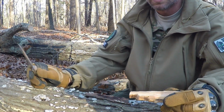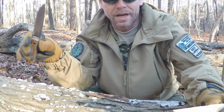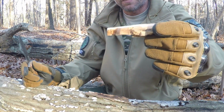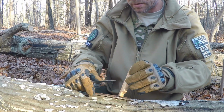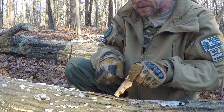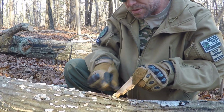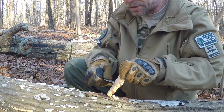All right, so I've been collecting the fat wood for a little, or actually just playing with knives. I got this one, a Battle Horse knife over there, playing with the Prandy axe, doing some feather sticking and stuff. But I shaved down a lot of this fat wood that I found, and I'm just going to try a lot of the fat wood dust. I did a bunch of shavings I was going to use for the fire, but I kind of wanted to do a test run with this since it's not my typical awesome Pine Fire Shop